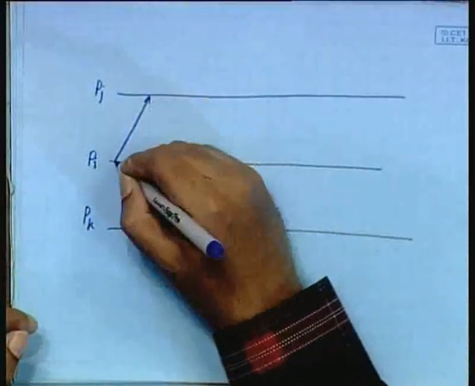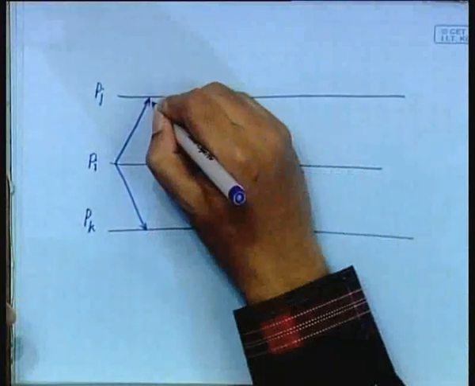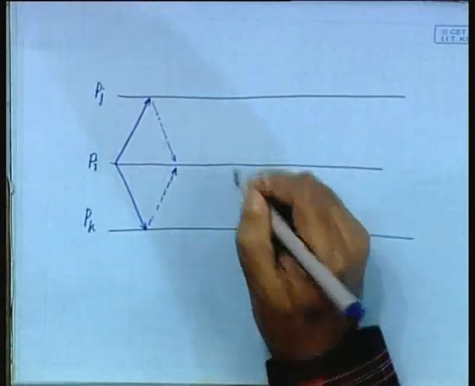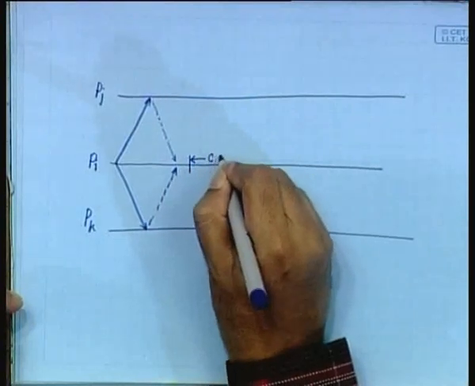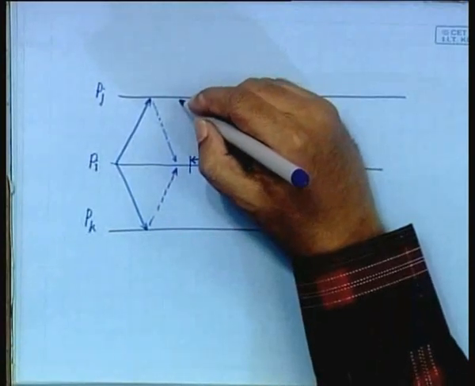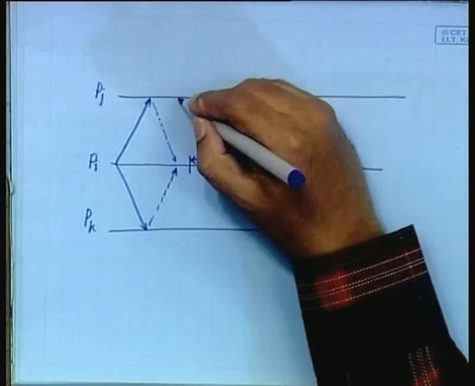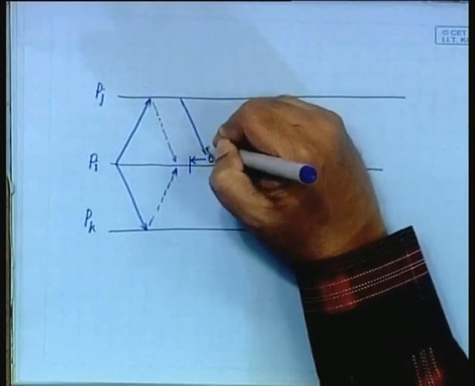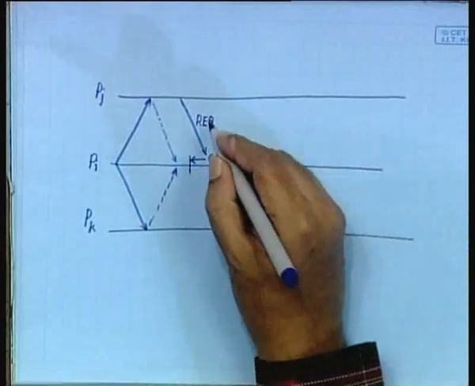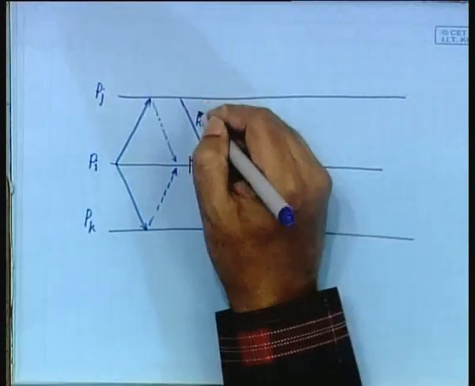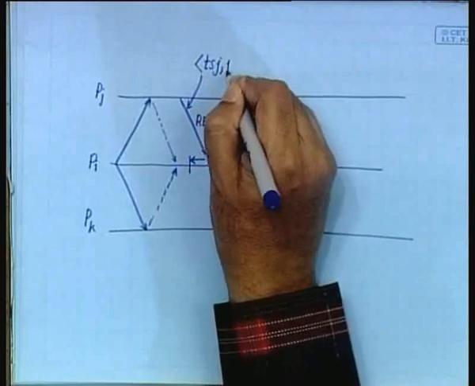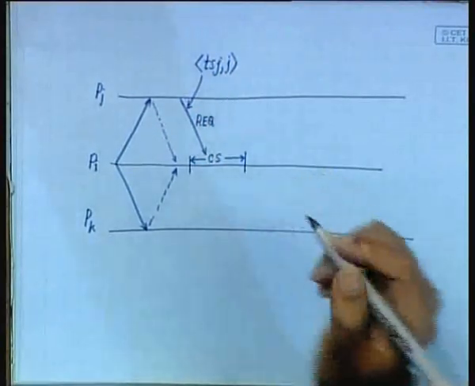Requests were sent out, replies were received. Then this one entered the critical section. Now, you are saying that there is a request from Pj also, which is received somewhere. Okay, this is a request from Pj. Now, when this request is received, suppose the timestamp on this is TSj. When this is received,